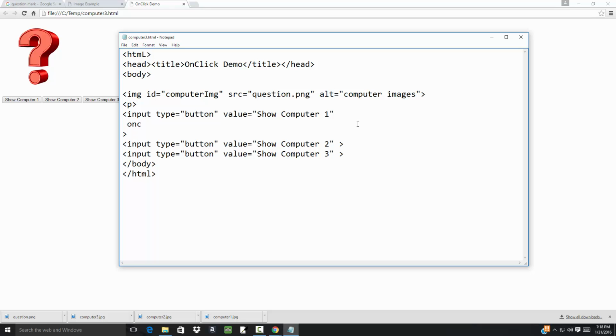And I'm just having more trouble with my keyboard here. So on click equals, and then we got our beginning double quote for where our code begins. And I'll say document refers to your entire web page, .get element by ID, and then I'll put a beginning parentheses, single quote, and then whatever we called our image. We called our image computer image. And then closing parentheses dot source. Now this refers to the source of this right here. So dot source equals,